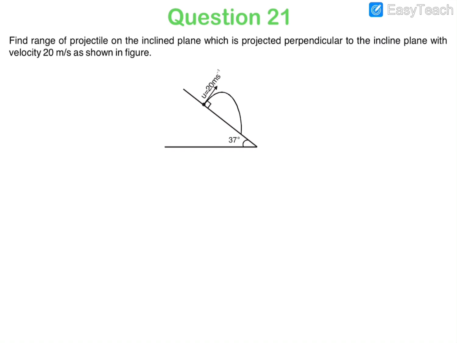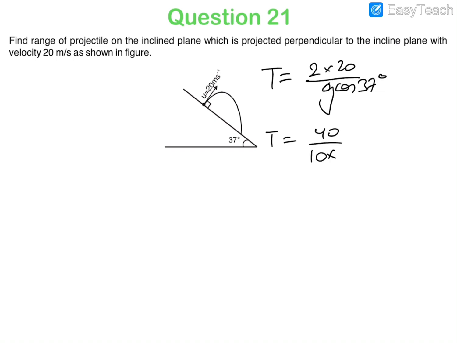We can find out the value of time of flight first of all. So time of flight will be 2 into 20 by g cos 37. So time of flight will be 40 by 10, and cos 37 is 4 by 5. So it would be 5 seconds, and the range will be ut plus half a t square along the incline,